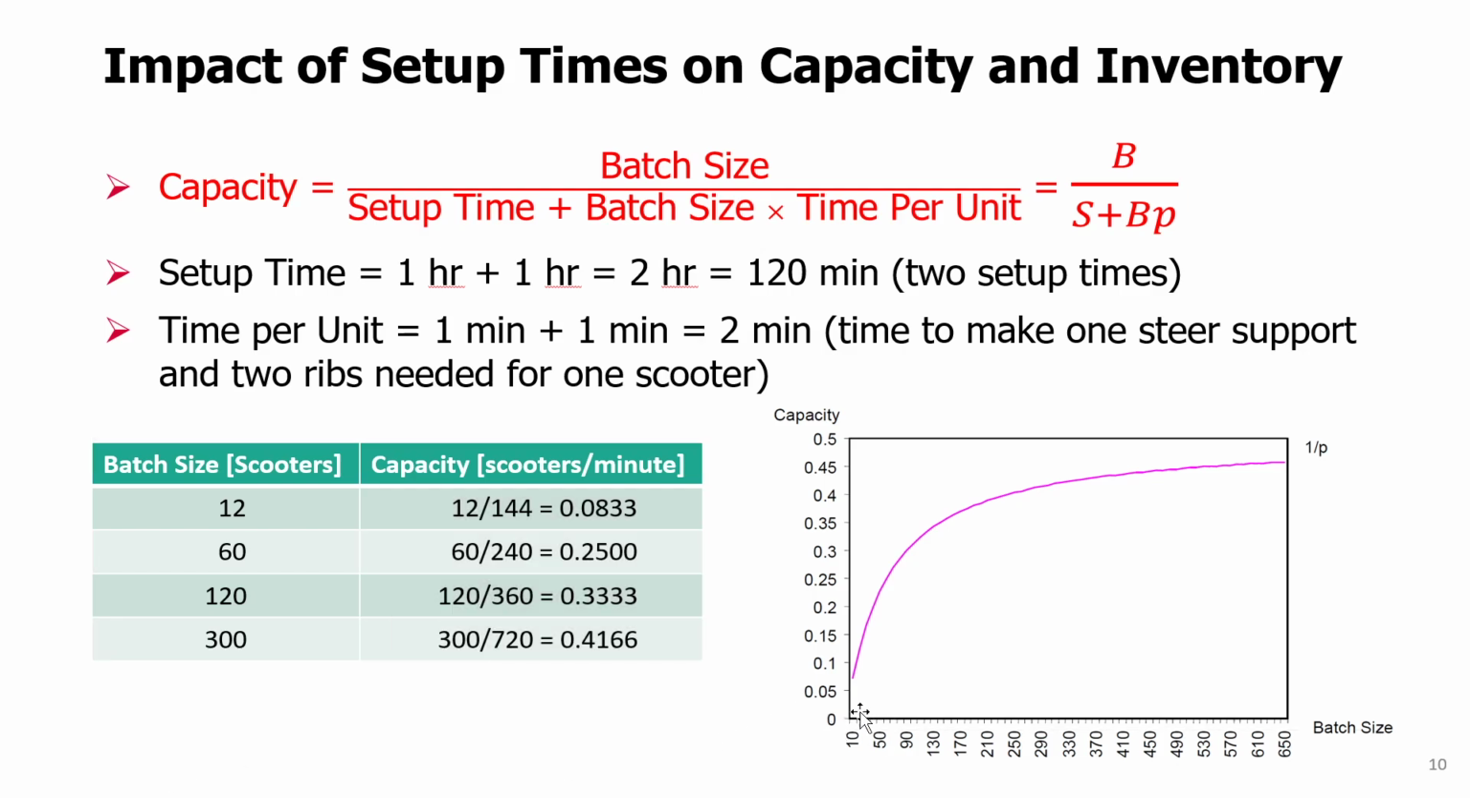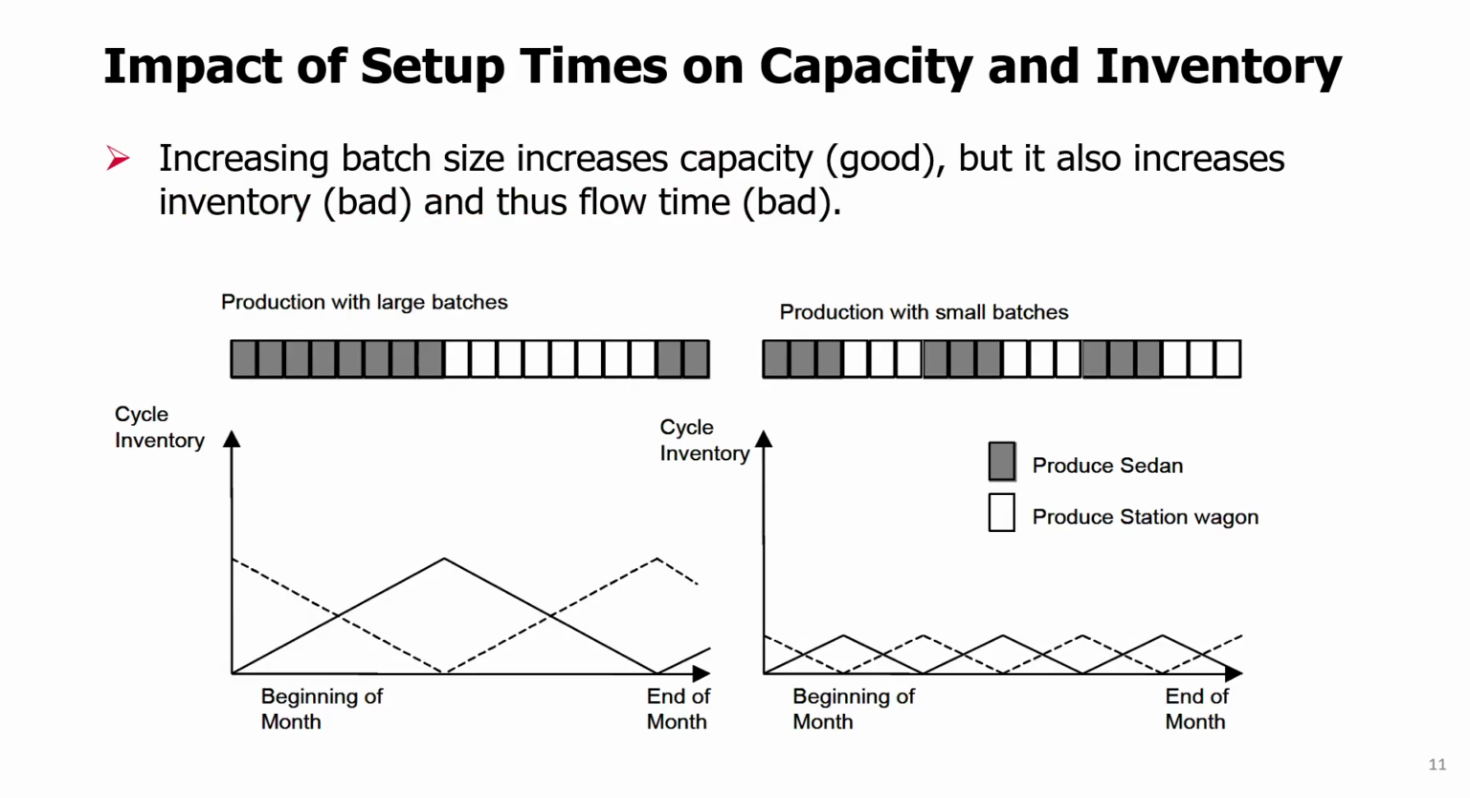You see, as we increase the batch size, the capacity is increasing. It seems that we should be increasing the batch size as much as we possibly can, because that improves the capacity, and the capacity increase is what we usually desire. Unfortunately, increasing batch size also increases inventory. Because what will happen here when we produce those two parts? Well, when we produce one product, we must have the other product already produced before, and we will be depleting this inventory,